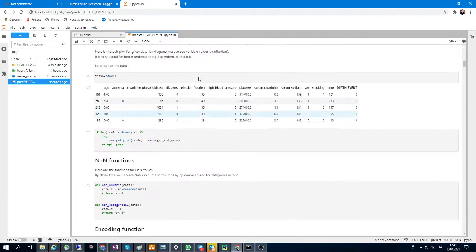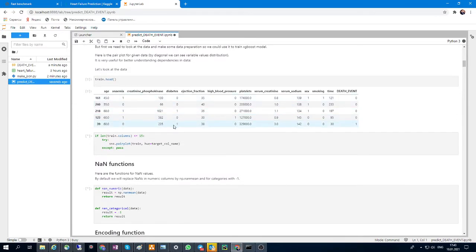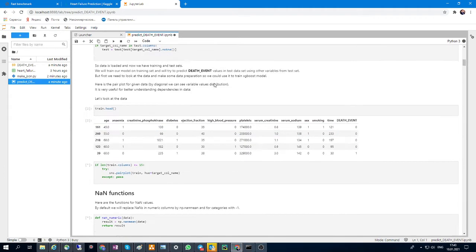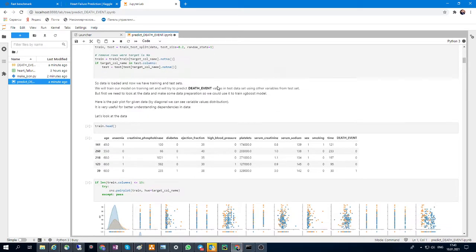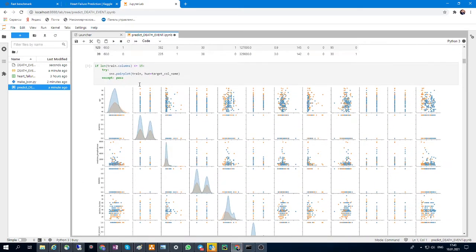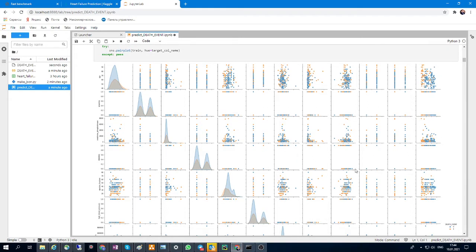So here is how our data looks like, all our variables here, and what else? Here we have the pair plot. So here is the connections between all our variables here,